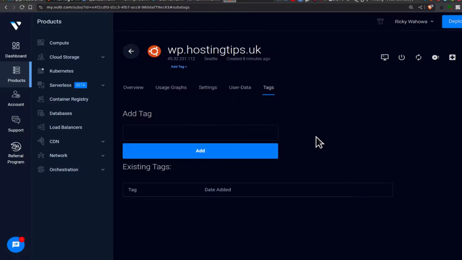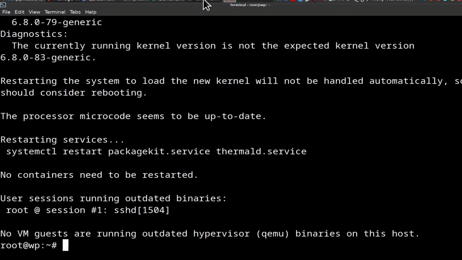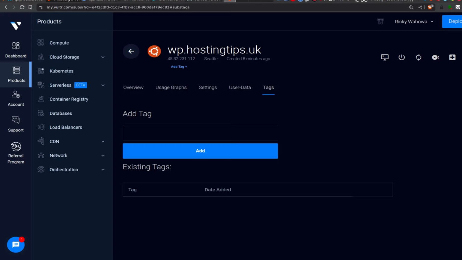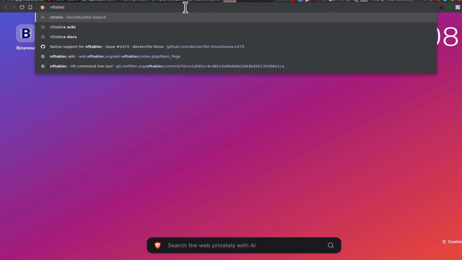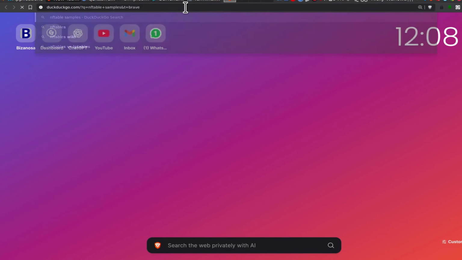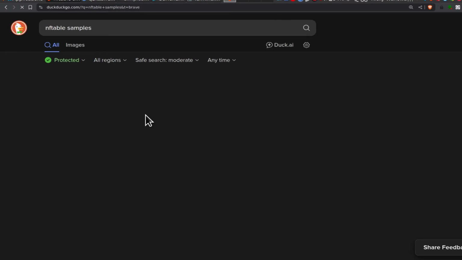And I can see that this does not support the firewall, the Hetzner firewall, the Vultr firewall. So make sure you set up a firewall on your server. And you can always get a quick setup for nftables by just searching for nftables. Let's look for samples. And if you go to the official website for nftables